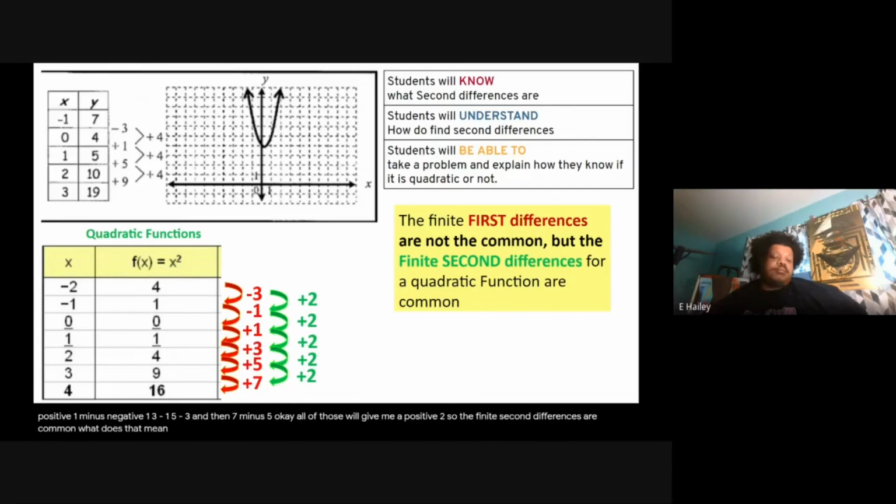And what does that mean? What do you think it means? It means that this is a quadratic function. All right. So this is the methodology, the method that you use to figure out if a table is quadratic. And if this is not the case, then that means that it's not quadratic. But by the time you get to this point of the problem, you should already know if it's linear or you should already know if it's exponential. Okay, so